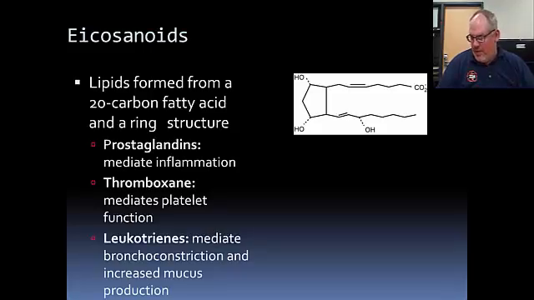The last form of fats that we get to is the eicosanoids, and these are 20-carbon fatty acid structures. They're attached to a ring, and they're very important in the inflammatory process. Some of the things we have are prostaglandins. Prostaglandins signal whenever there's inflammation or damage to some structure within the cell, and that in turn signals the body that, hey, something's hurt or injured right here. Thromboxane is actually what mediates clotting of blood.